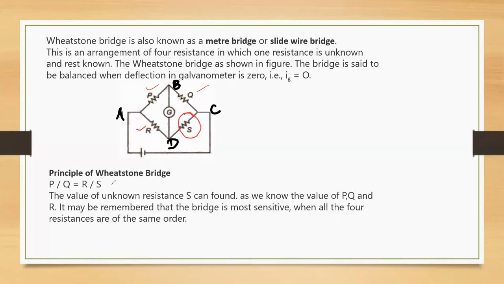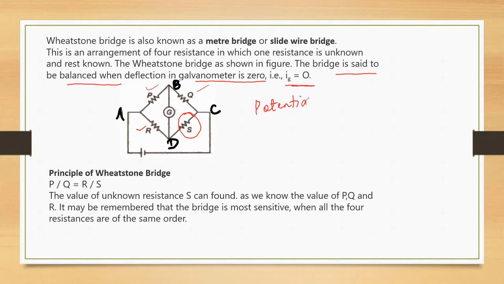P by Q should be equal to R by S, where P by Q is one ratio arm resistor and R by S is another ratio arm resistor. They are equal. To get this P by Q equal to R by S, the condition is that the bridge should be in a balanced condition. Balanced condition means when deflection in the galvanometer is zero, meaning there is no current passing through the galvanometer. And when there is no current passing through the galvanometer, it means the potential